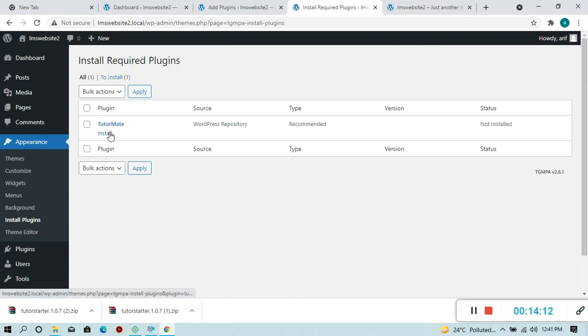TutorMate, right? This is the WordPress repository. What is the WordPress repository? Inside WordPress there are a lot of plugins, functions, or themes, so you can use them from WordPress. So this is the WordPress repository, right?